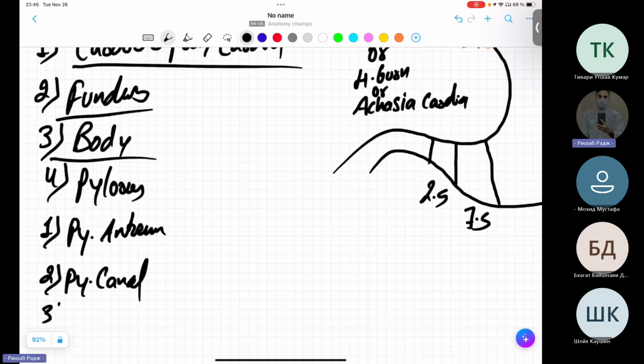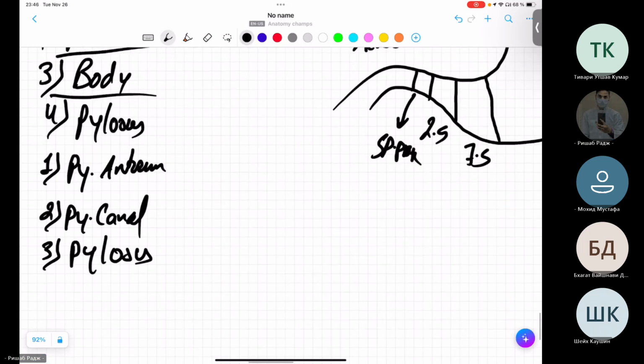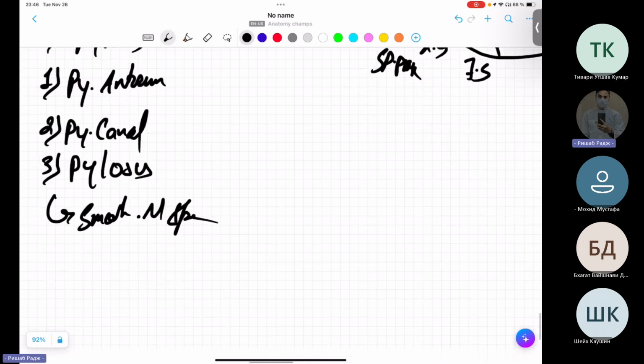And then you will have the ending known as pylorus. Pylorus is what? This is the sphincter part. Here you will have that smooth muscle sphincter. Okay, smooth muscle sphincter. Got it? Yes. Now,